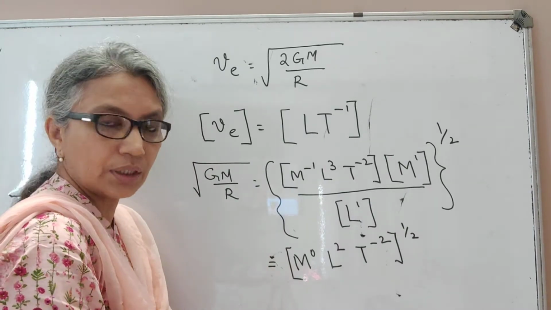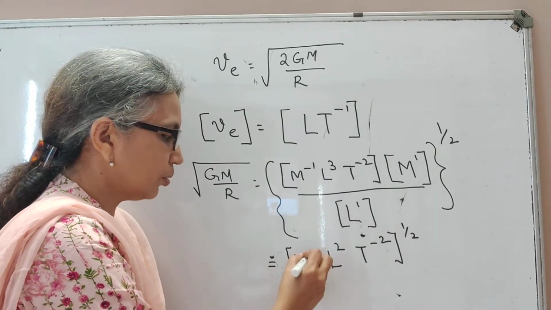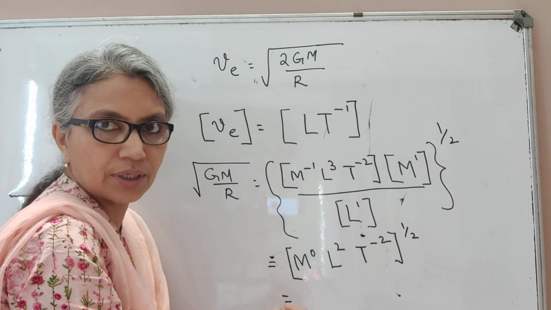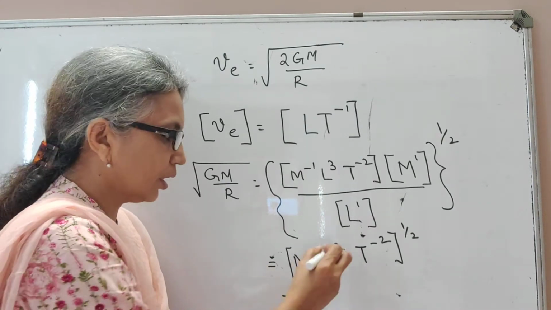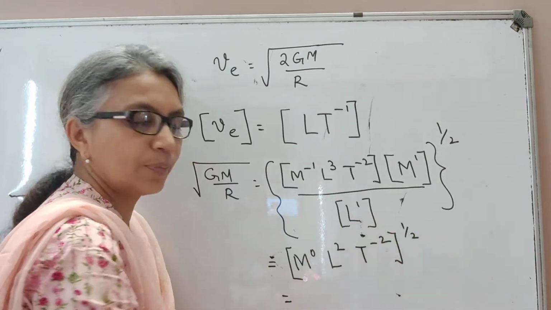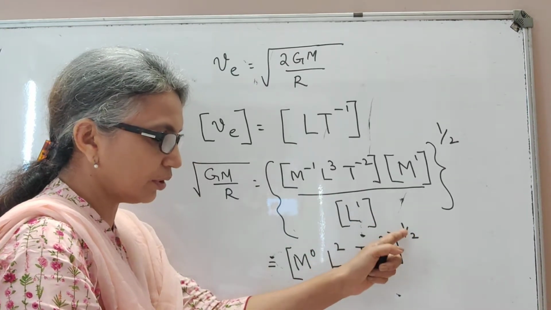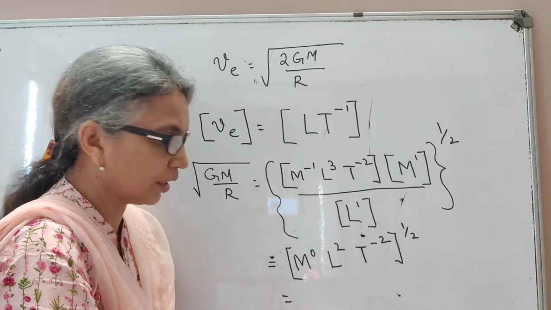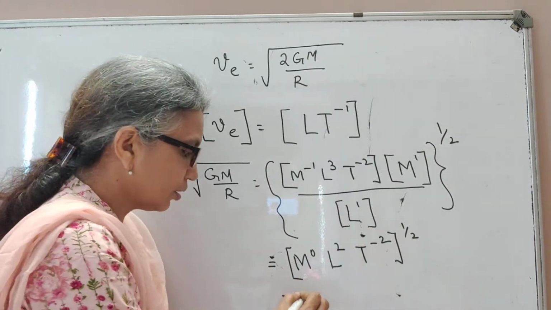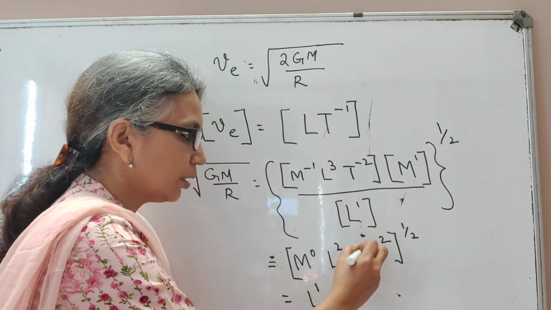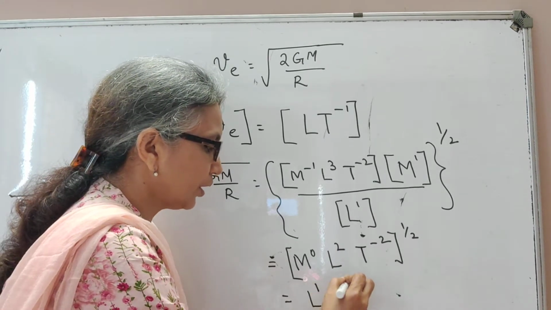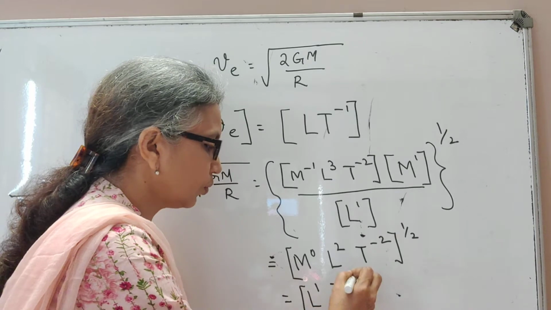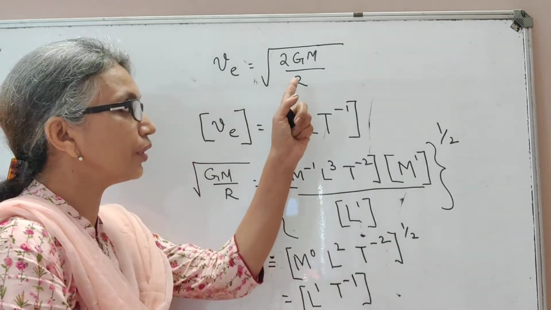So this is going to be equal to m raised to 0 into half is 0, and m raised to 0 I don't have to write because anything raised to 0 is 1. 2 raised to half, this is a power, so you need to multiply. So 2 into half is 1. So we have L raised to 1. Minus 2 into half will be minus 1. So t raised to minus 1, and that is how we have found out the dimension of the right hand